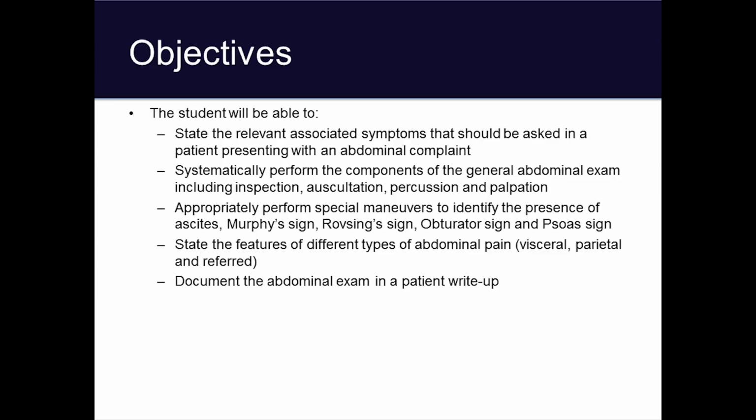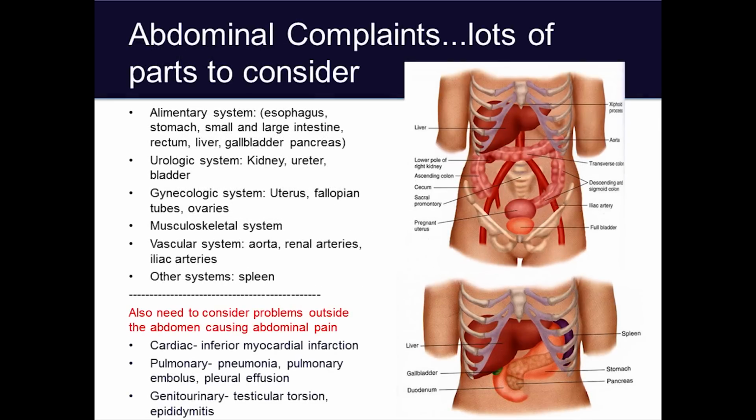appropriately perform special maneuvers to identify the presence of ascites, Murphy's sign, Rovsing sign, obturator sign, and psoas sign, state the features of different types of abdominal pain, including visceral, parietal, and referred pain, and document the abdominal exam in a patient write-up. There are a lot of things doctors need to consider when a patient presents with an abdominal complaint, such